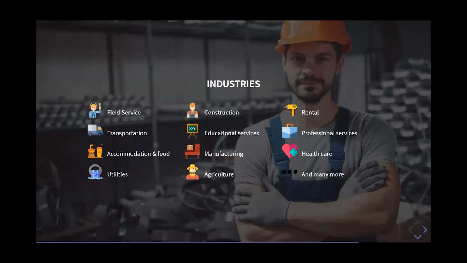Some examples of resources and tasks include technicians or engineers on the road in a field service context, projects for professional services or the installation industry, construction workers, rental orders, transport and logistic planning, manufacturing, and so on. You can see them all on your screen. So like I said, a flexible planning solution, and that is exactly what I would like to show you here